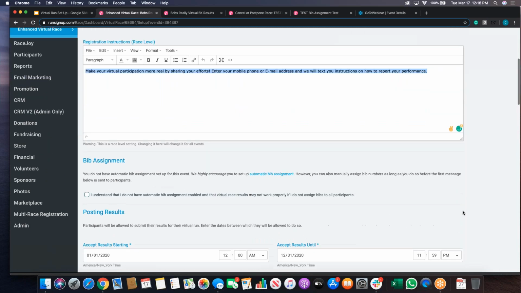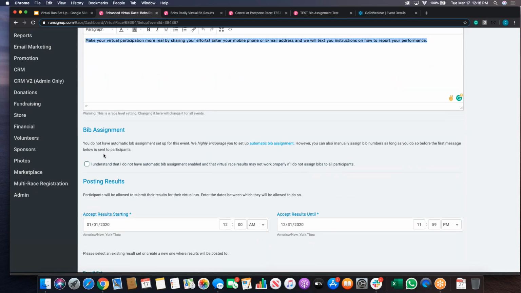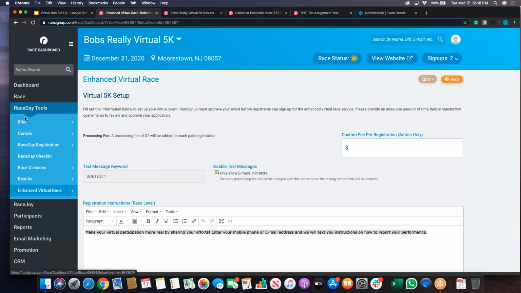And then you do need to set up bib assignment. So it gives you a breakdown right here. You don't have to have it set up, but we highly encourage you to set up automatic bib assignment. You can also manually do it, but again, it's going to be much easier for you to set up automatic bib assignment. So in this instance, we would go to bibs, we go to assign bibs and chips,